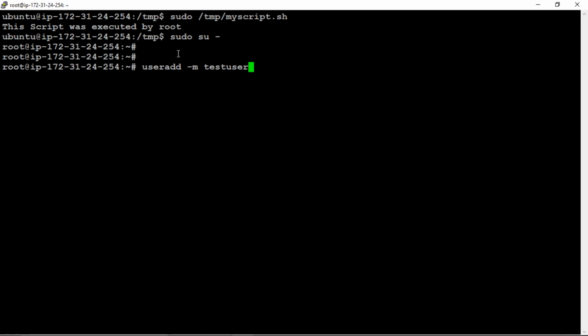Enter. So it is created. Now I want to create a password as well. How to create a password for the user? What is the command? Can I get responses? How to set a password for the user?